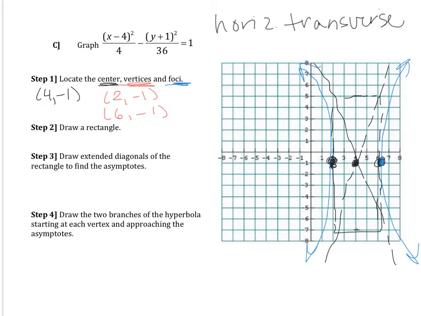All right, so the foci, again, are related by that c squared equals a squared plus b squared. Okay, so c squared is going to be 40 in this case, which means that c is plus or minus 2 root 10. Okay, so now be careful though, because it's not like when we had a center at the origin where we could just say, oh, plus or minus 2 root 10. This means c tells us how far from the center, right? How far from the center are those foci? So they're plus or minus 2 root 10 from the center,